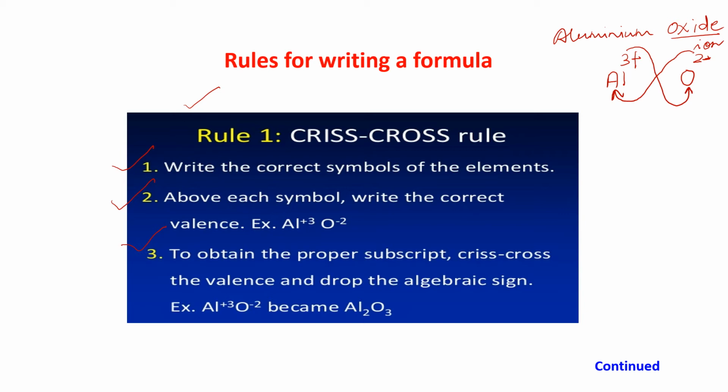Okay, so what it will come, I said without sign you bring. So Al along with this 2 will come, crisscross. So 2 I will write here in the subscript now. Now we will not write anything in the superscript. And O, along with O 3 will come. So the formula of aluminium oxide is Al2O3. See here, Al2O3. Am I clear, children? So here I have taken the formula of aluminium oxide.